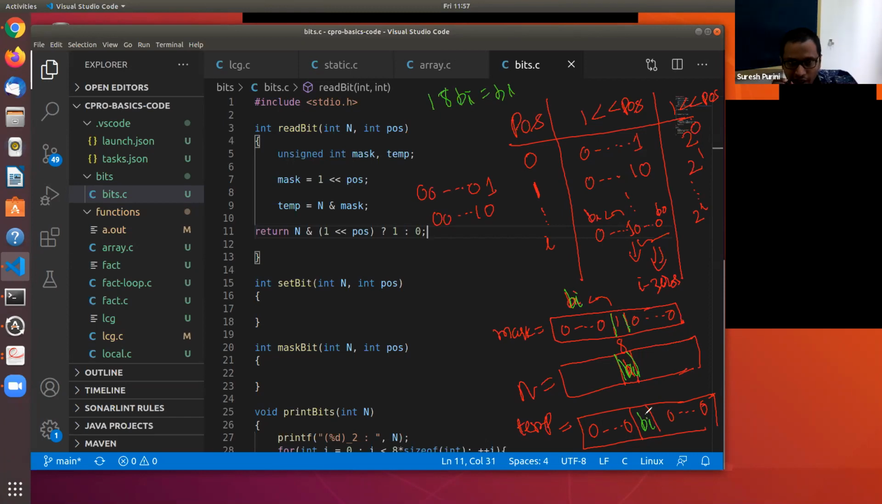Are you with me till the statement on line 9? No, please take one step at a time. Are you all with me on what temp contains? Yeah,